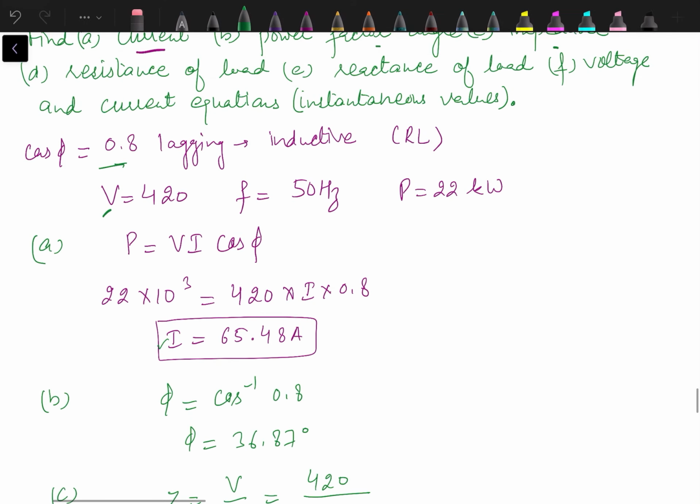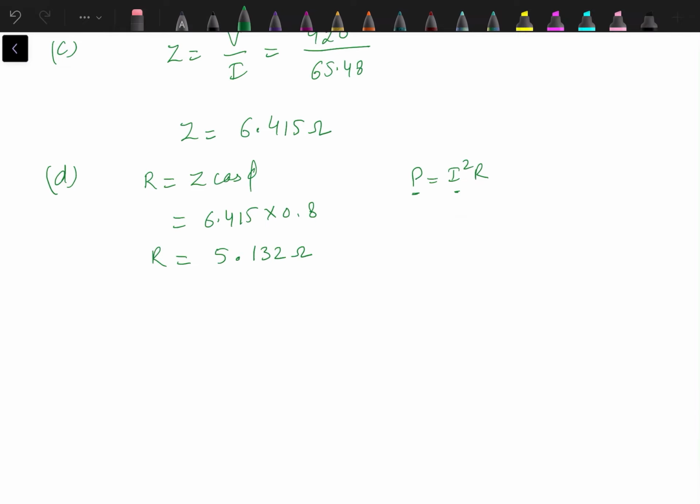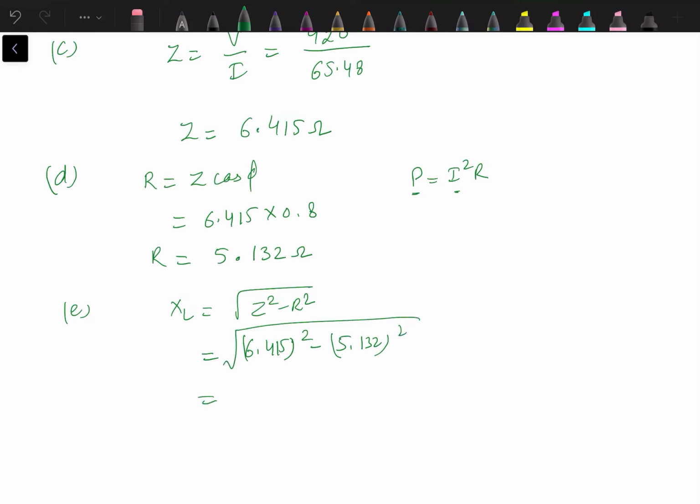In the next part, we have to calculate the reactance. Once we have the value of impedance and resistance, then we can calculate the reactance XL as square root of Z square minus R square. Z is 6.415, R is 5.132, square under root. So this will give us the value of